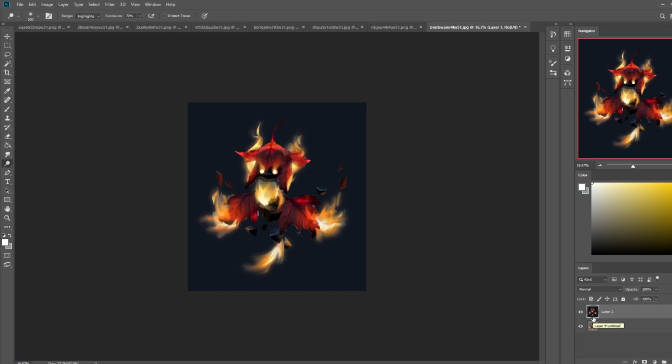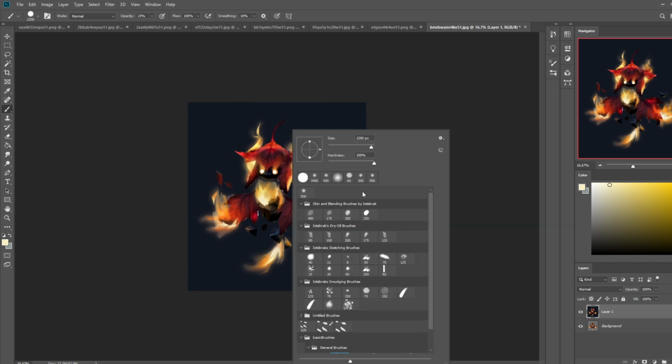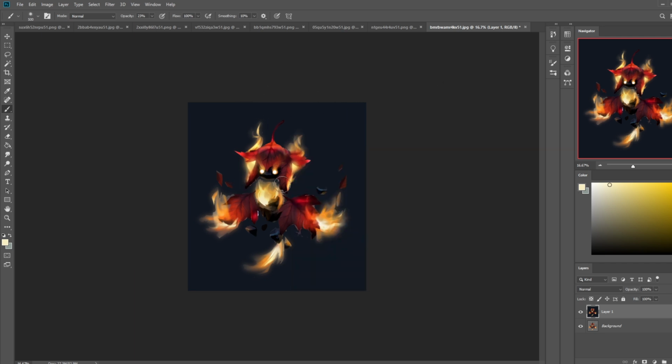And then again, like I did with the dudes, if you have a less grainy soft brush, use it. Mine is grainy because I use it on skin and I like that stippled skin pore effect. Shoot, wrong brush. Actually, that brush might work if I use it with Gaussian, but it doesn't matter. So just a bunch of glow so that it can actually feel like a flaming little thing.